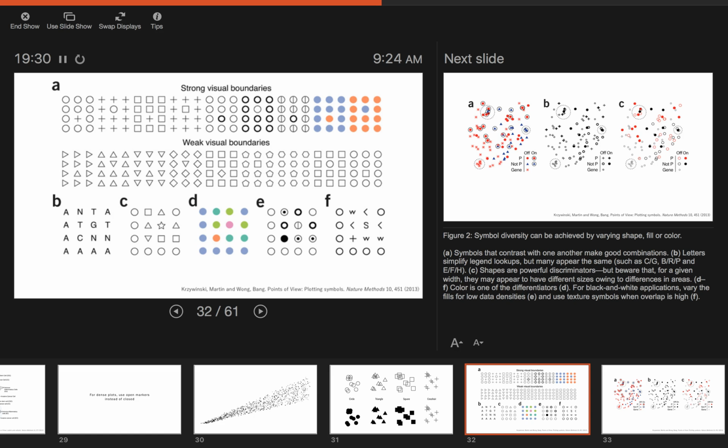Sometimes in figures we use letters as marks, right? For the most part, this doesn't produce any real problems as long as the letters are visually distinct enough. So here it's relatively easy to tell the difference between these different sort of markers. Sometimes we have to be careful about using shapes that have very different geometries because it might produce perceptual effects in relative sizes. So for example, this circle might appear much larger than this triangle or this star shape. And so that might inform how